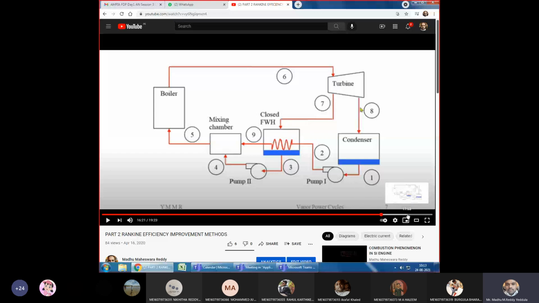Is it clear? Problems, yeah, there may be chances of them. First, we will discuss theory, then we will go to the problems. In order to solve the problems, we require the steam table again, because we are dealing with steam right now. So we need to note down the properties of the steam corresponding to the temperature and pressure mentioned in the problem. We will solve problems also. Okay? Yes, sir. Great.